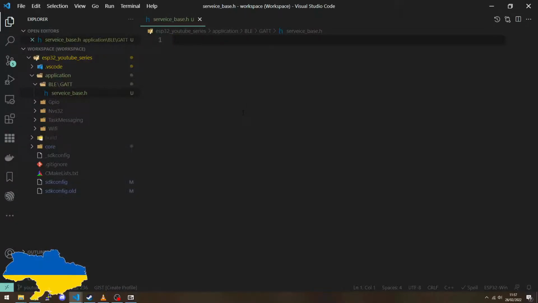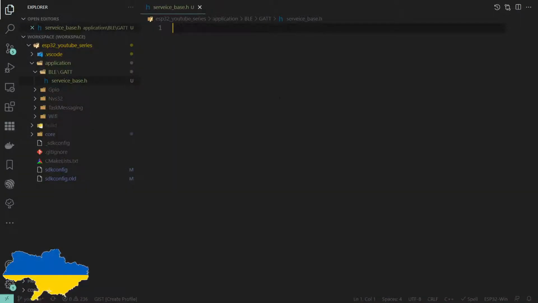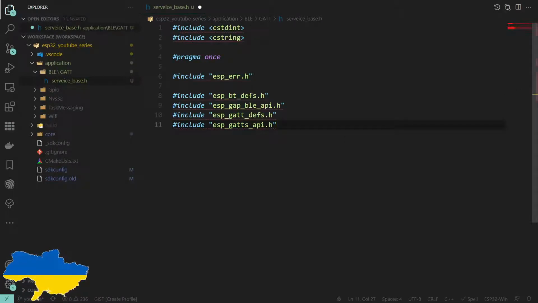Actually, let me go full screen there. Lovely. Okay, so I'm going to first of all copy in a bunch of headers. So I'm just going to copy this straight over from my notes. We may not need some of these, actually, thinking about it. C standard int, C string, yeah. I don't think we'll actually need those, but we'll see how it goes. ESP error, always useful to have. As you know, we tend to return error codes from functions in embedded land, so that's what we'll be doing here.